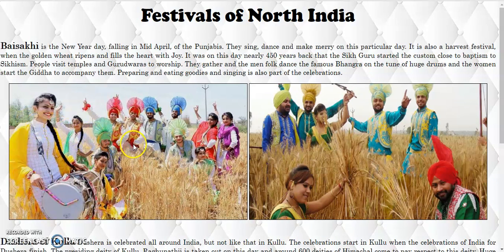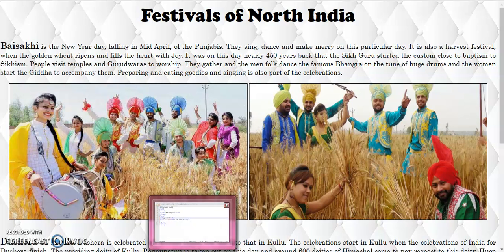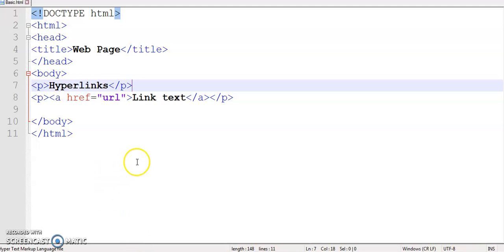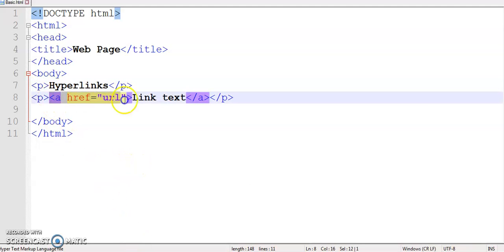So you can create your own link in your web page. How can you do that? Let's see the code. So here is the syntax of how you can add a hyperlink in your web page. A hyperlink is created using this A or anchor element. href is the most important attribute of the anchor element.